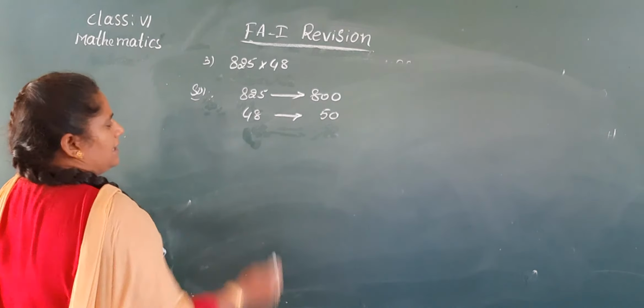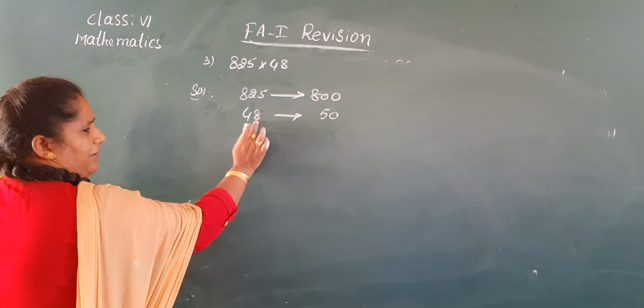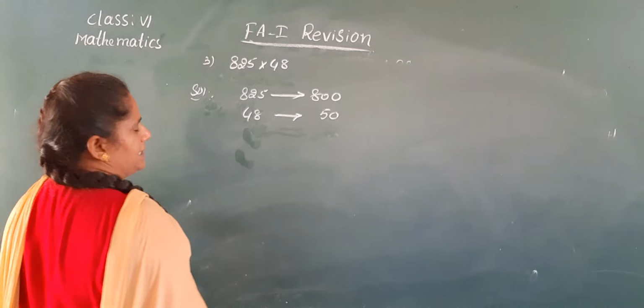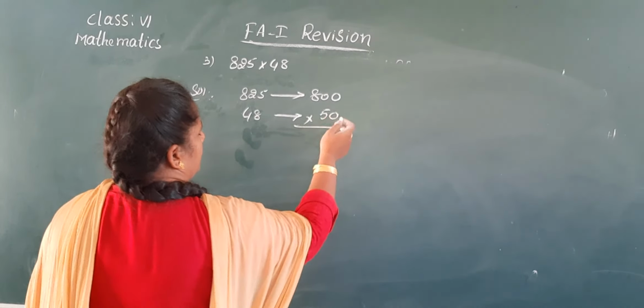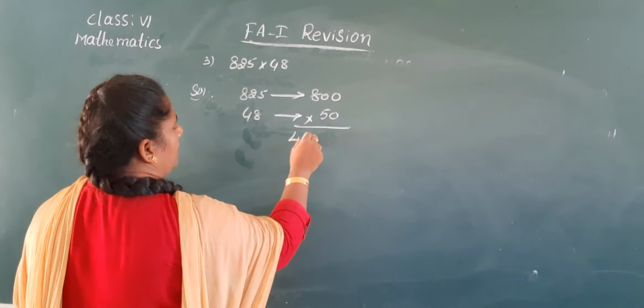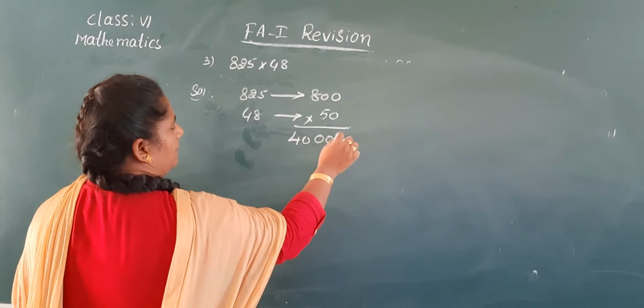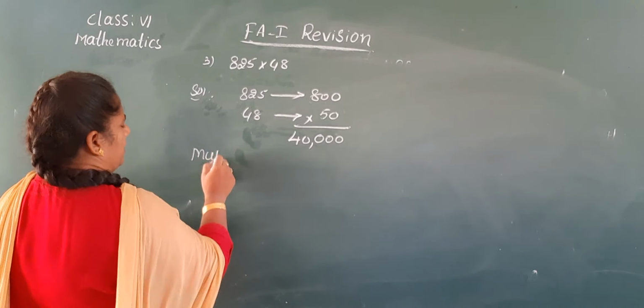Why, Nana? The digit at the ones place, 8, is greater than 5, so this number is rounded up. 48 is close to the estimate of 50. Now you do the multiplication. See, Nana, 5 8s are 40. Multiply these numbers and keep these zeros as usual. So it is 40,000.